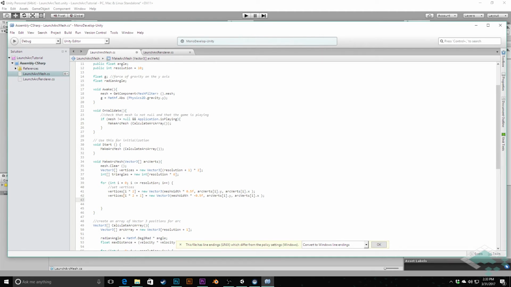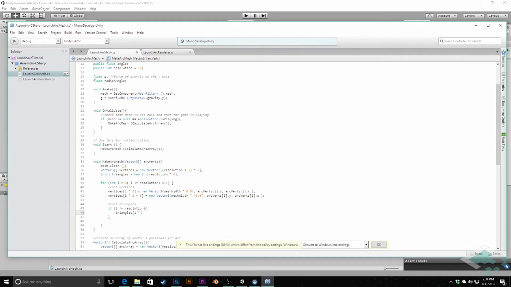So with all of that, now we can add triangles. So we'll say set our triangles. However, we only need to set triangles on everything except for the very last iteration, because that last iteration is really just the two endpoints and doesn't need a new set of triangles for another segment beyond it. So what we can quickly check here is, we'll say if I does not equal resolution, meaning we're not on the very last iteration, then we set triangles. This will make sure that we skip it on the very last iteration. Now what we'll say is triangles